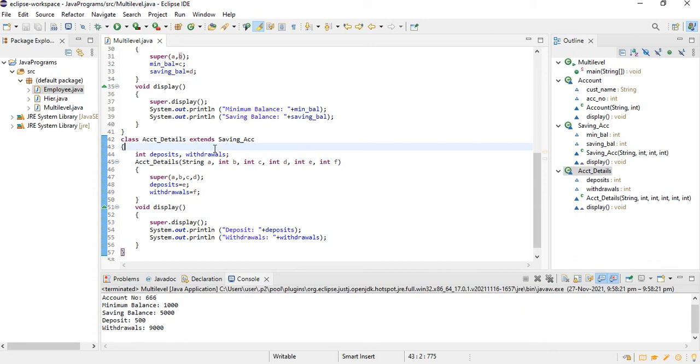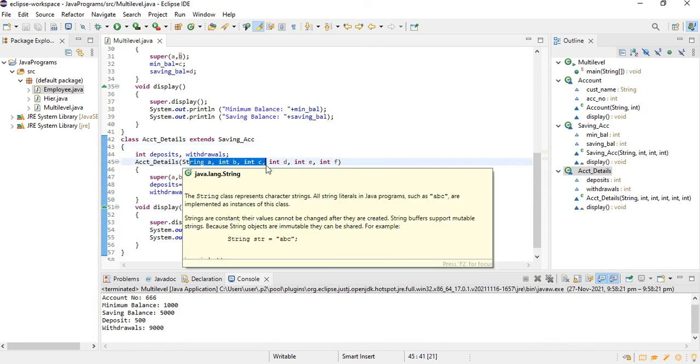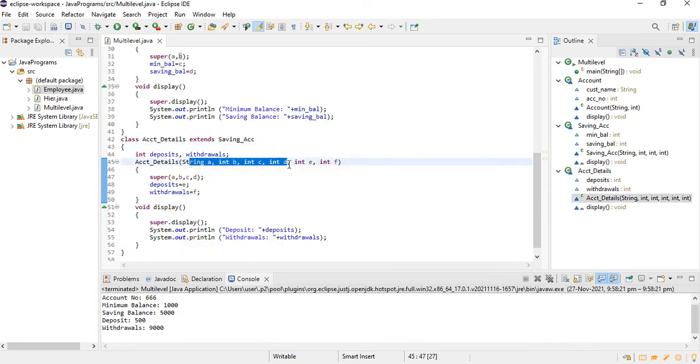Here I am calling my super method, which is used to call my parent's constructors, like super of A, B, C, D. The four arguments assign values for my parent and grandparent classes, whereas the last two assign the data members of AccountDetails, that is deposit and withdrawal.